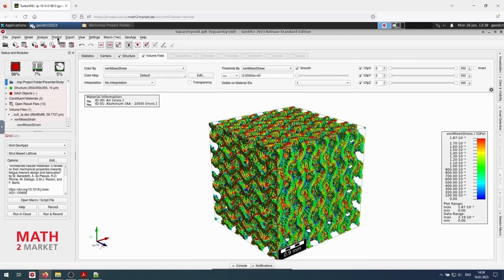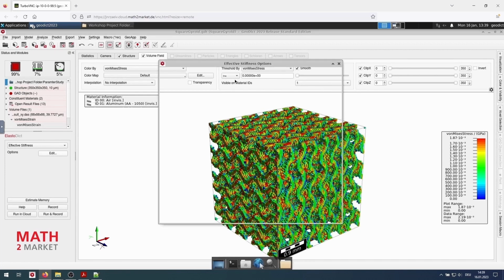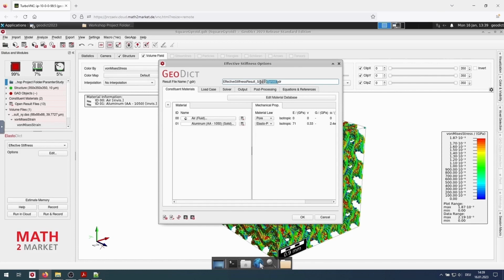As a next step, we go to Predict, select ElastoDict, and click Edit. We adapt the result file name to enter mode, one periodic copy.